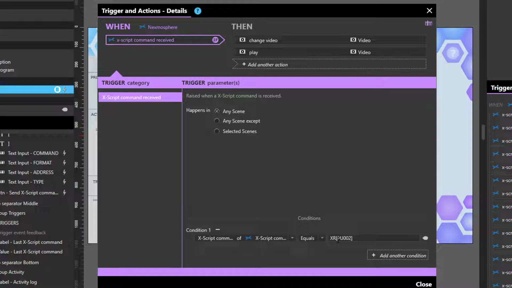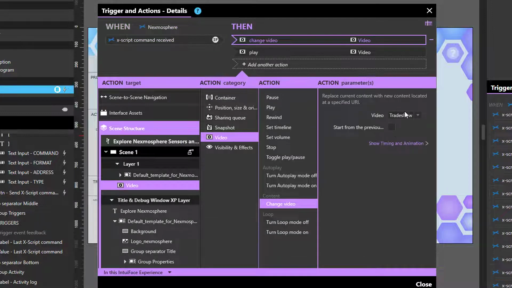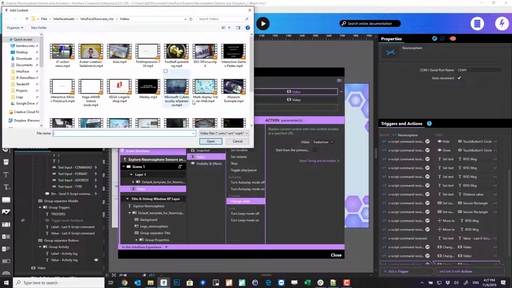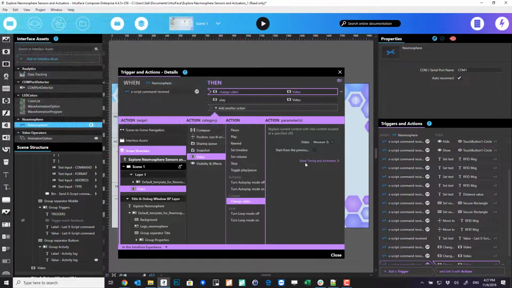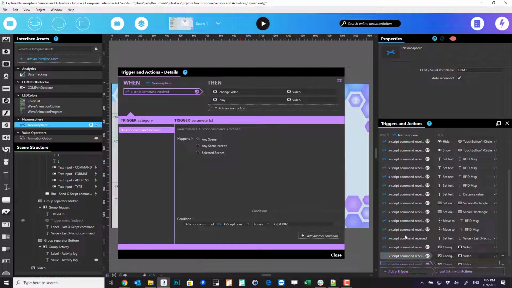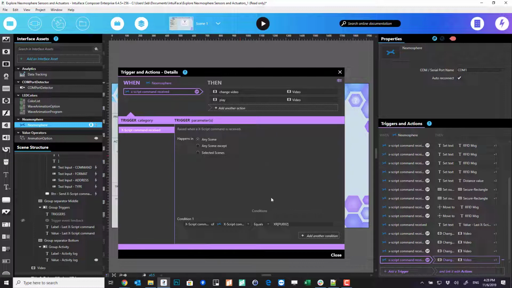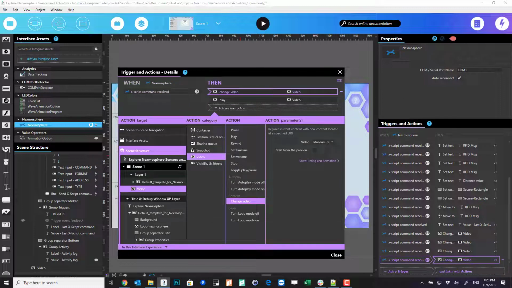So that's the RFID pickup tag number 2. I want to play a video. Let's grab another one, the museum example. Okay, and then I will add a new one, pickup number 1, the other perk which is on the left side of the board. And this time I will play a video about